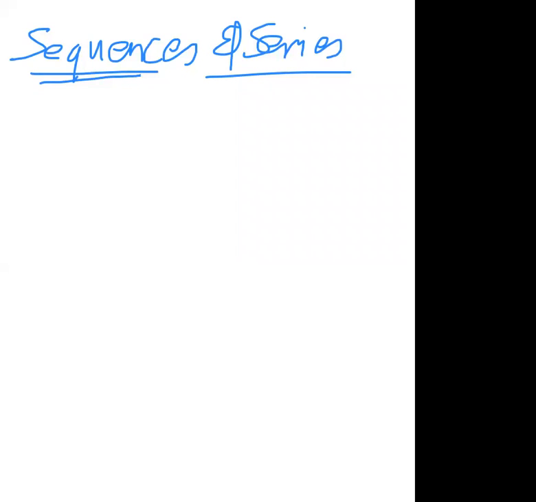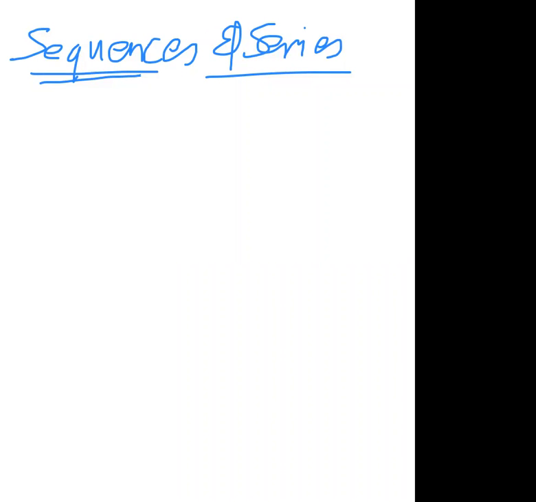Then it comes to the series. If the terms of the sequence are connected to one another with a plus symbol, then it is said to be a series. A definite pattern means arithmetic progression is also a definite pattern, and there could be some other definite patterns also. I'm writing one of the definite patterns, and with that we will be making some of the terms.